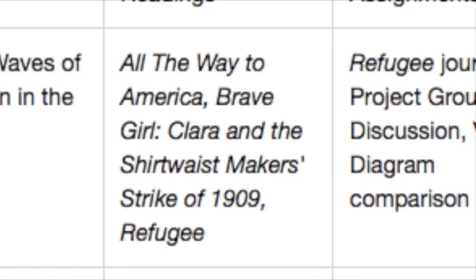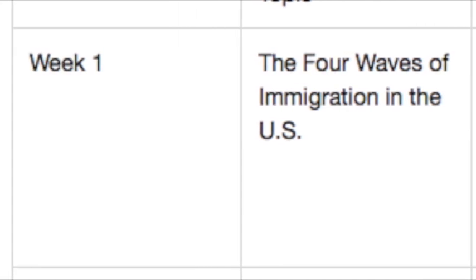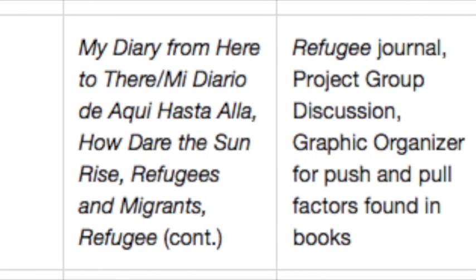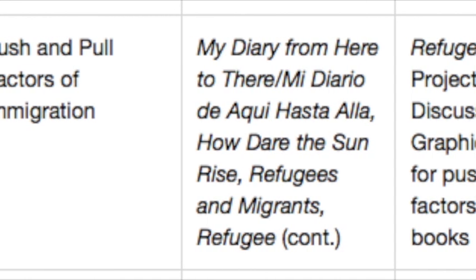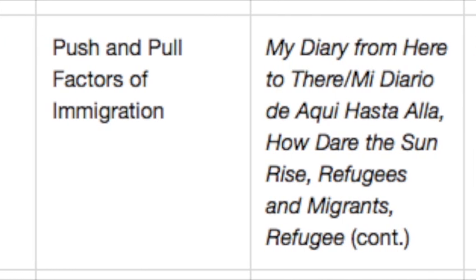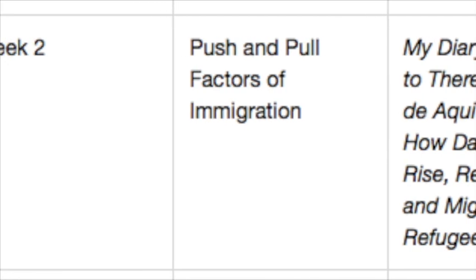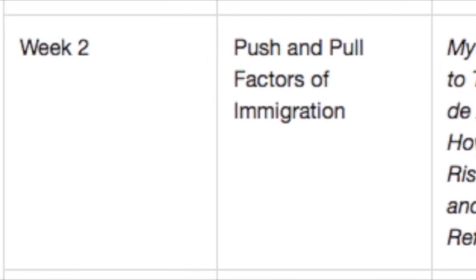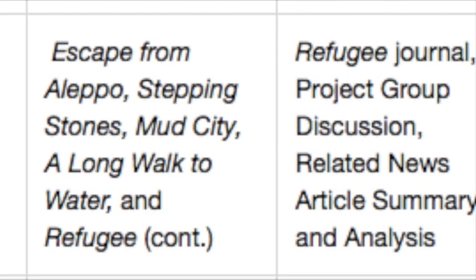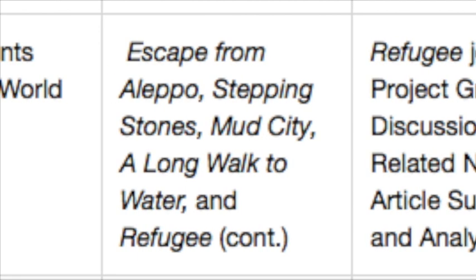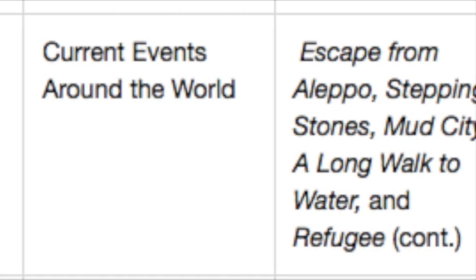And just a quick overview of my lesson plans. Each week, like I said, we'll read some of the book Refugee, and along with that, students will fill out a reading log with a short summary, some reflection, and then connect what we read to what we've learned the rest of the week. The first week, students will spend time discussing in groups what we've learned from the 4 waves of immigration section, and then also make a Venn diagram comparing and contrasting the different perspectives of each of those waves. They'll get to do research and add some of those similarities and differences.